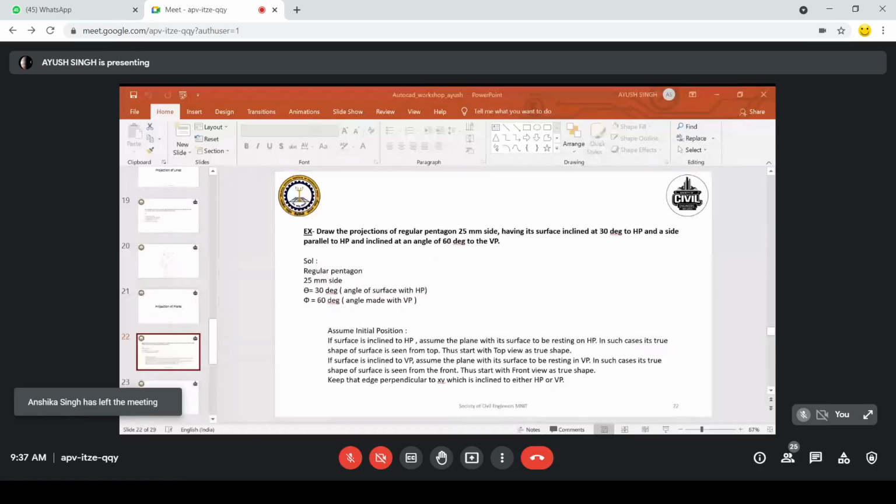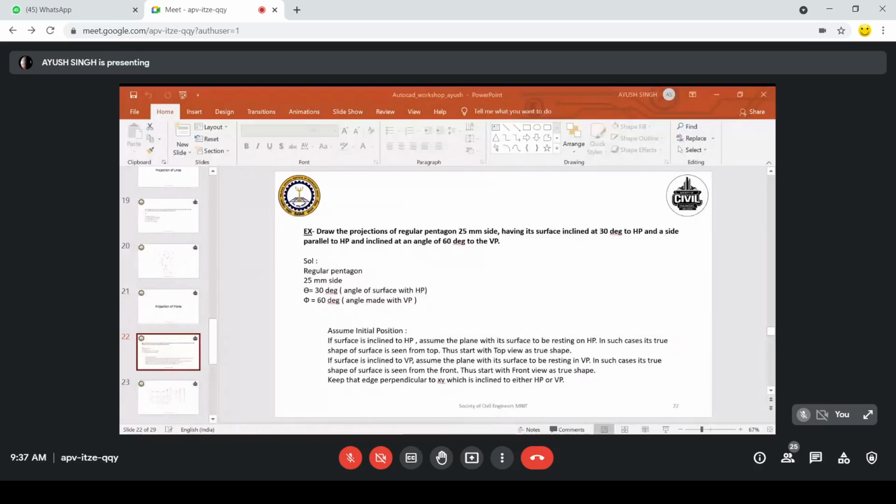So there are two ways I can place it. The first way is that this side is perpendicular to the XY line, or you can place it like this. There is no side here, so it is not perpendicular to HP right now. So how will I place it?